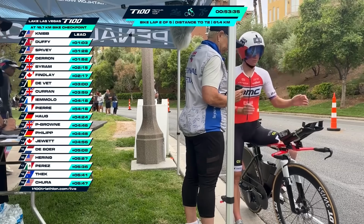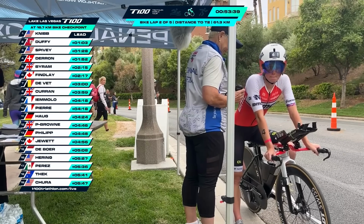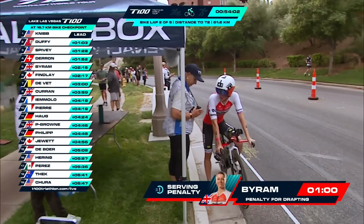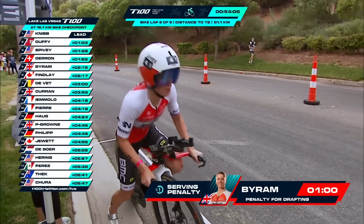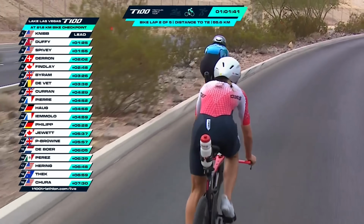Okay, we have got word it's a drafting penalty, blue card. That's a 1 minute penalty now with the new rules. So Lucy Byram, a 1 minute drafting penalty. Light, if it starts flashing red, then that can be a penalty. She doesn't seem to be happy about it, but well, interestingly, and Julie Deron here, only being 2 minutes down,